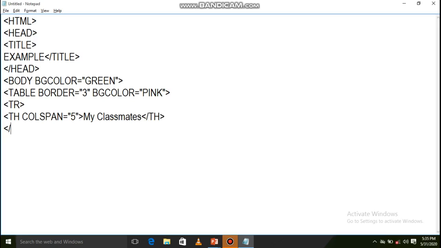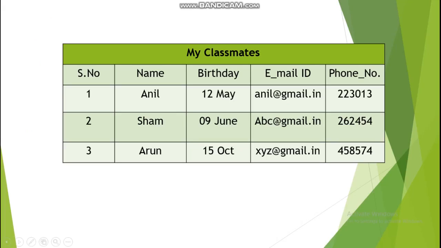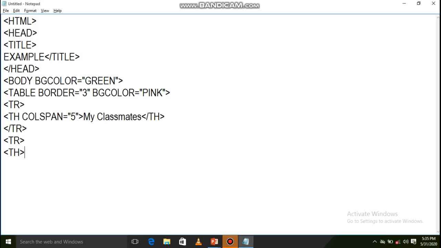th, here tr close. Next again one tr, and in this you need to take th. Inside the first th you need to mention the serial number, name, birthday, email id and phone number.